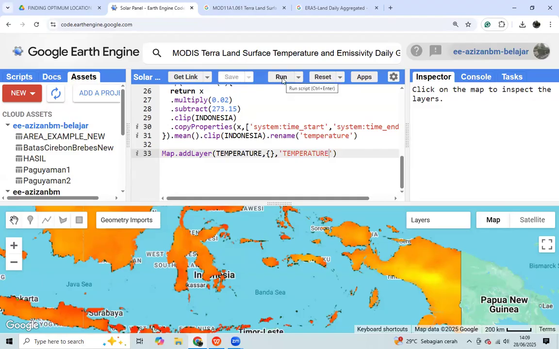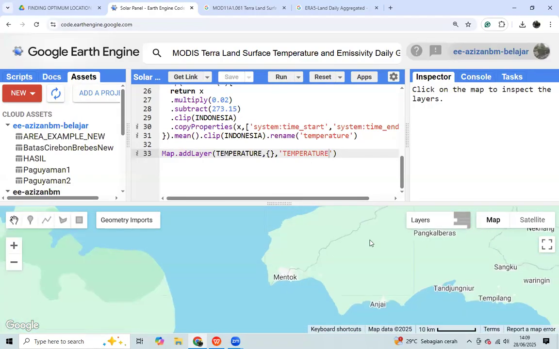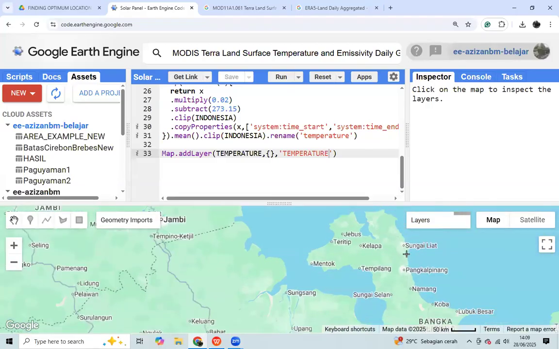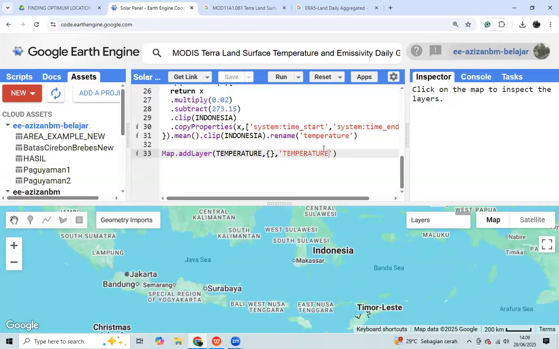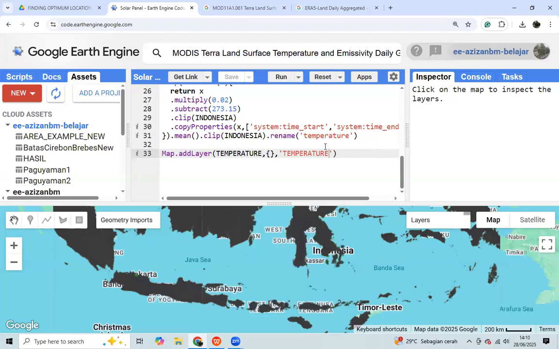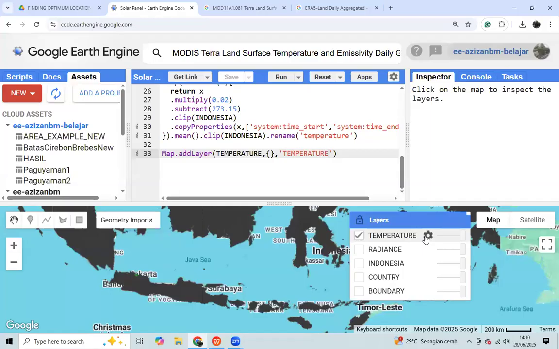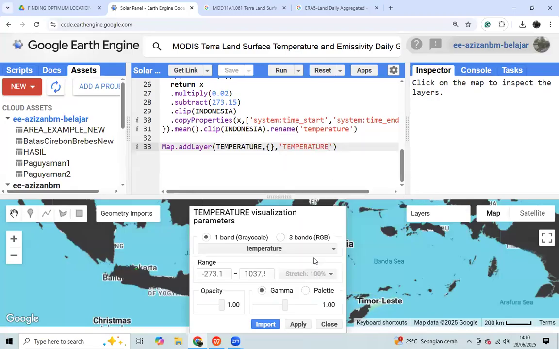Then we wait until it is fully loaded, the temperature data, to visualize it and make a color palette. Okay, we click edit layer properties for the temperature, and we click stretch.